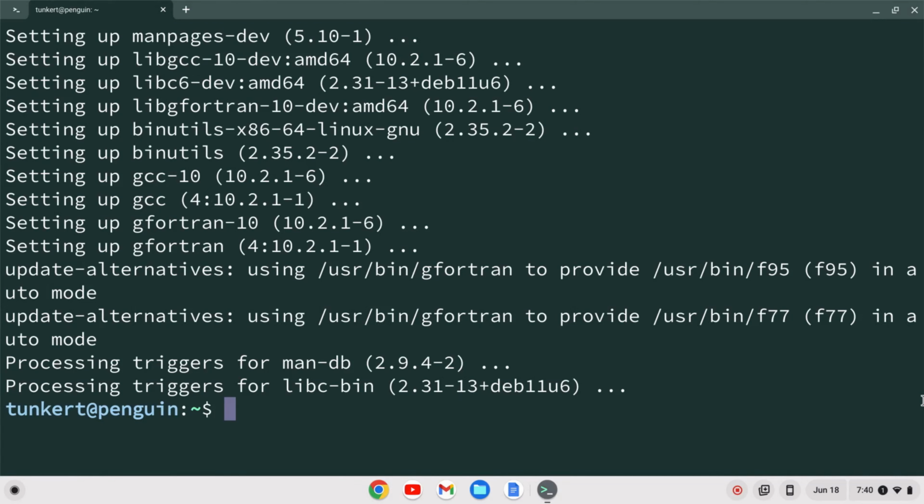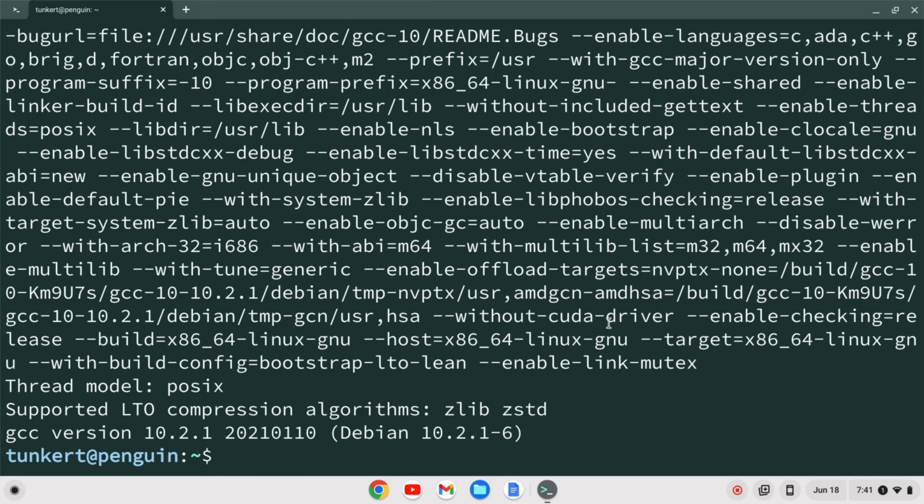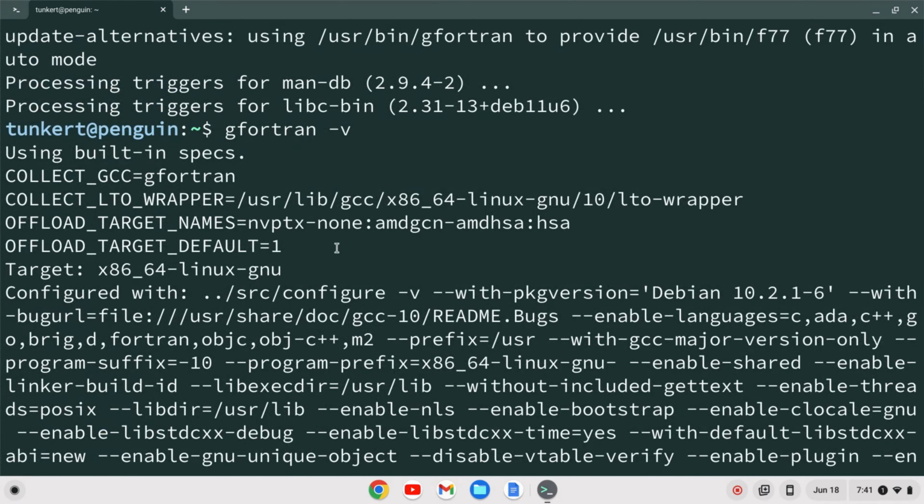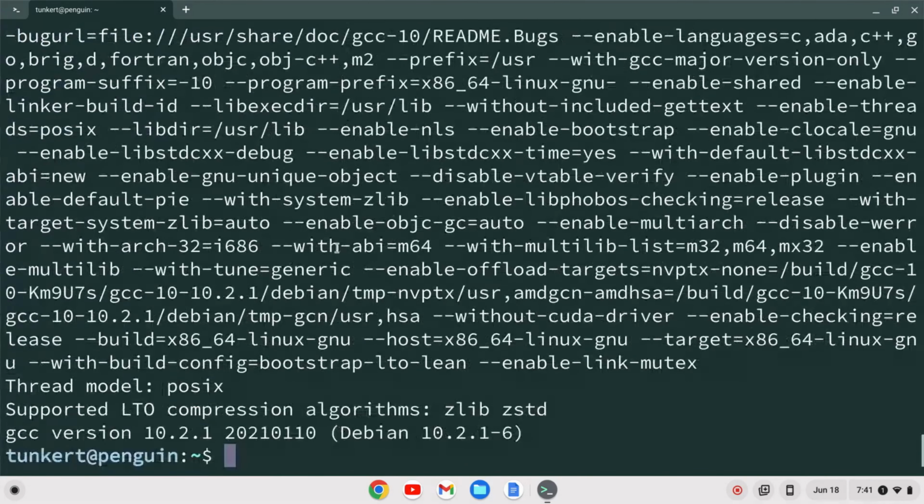Okay, we can check our version of gfortran by typing gfortran -v and hitting enter, and we get all this information here, and we see we have GCC equals Fortran, and the GCC version is 10.2.1. So now we can begin programming in